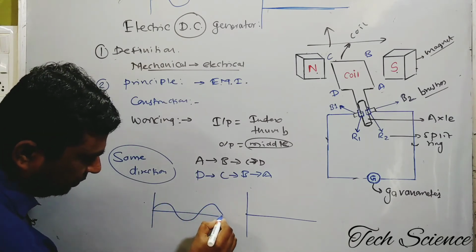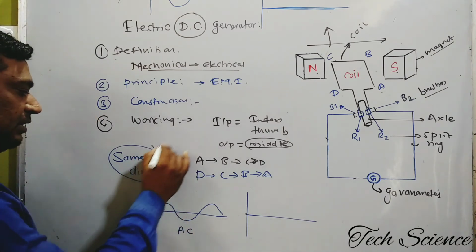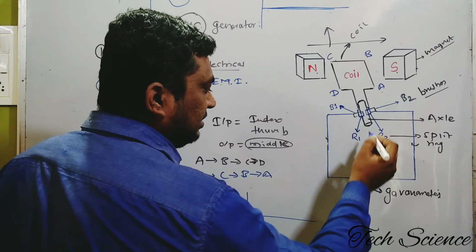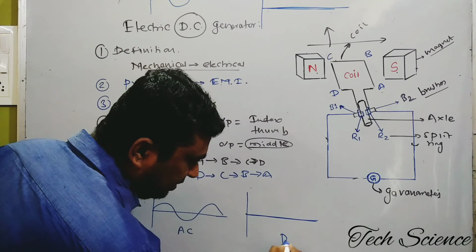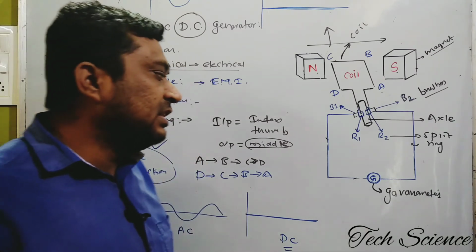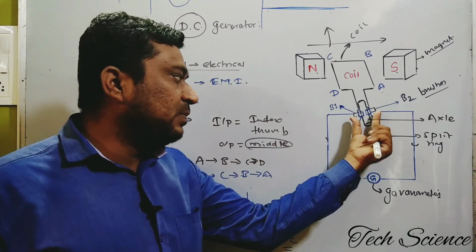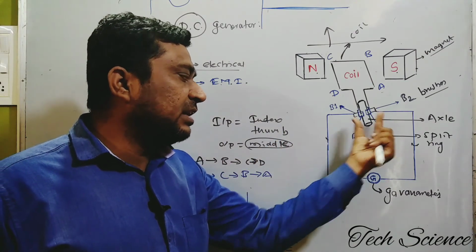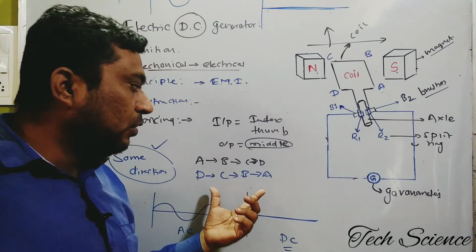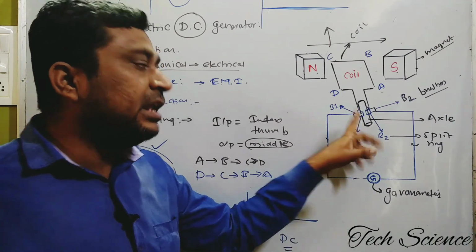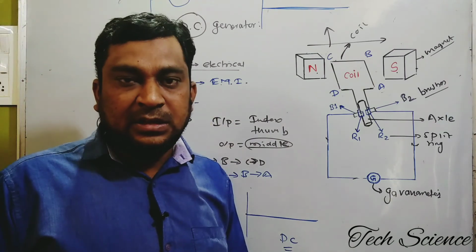Observe here. So this is the output of an electric AC generator. Because of the brushes, one of the brushes is always in contact with this coil. That's why the current is in the same direction, and this is the symbol of the DC current. So in this way, in the electric generator, when the brushes and split rings are in such an arrangement, just like an electric motor, we get the output with the current flowing in the same direction because of the arrangement of the brushes along with the commutator. And this is the working of the electric DC generator.